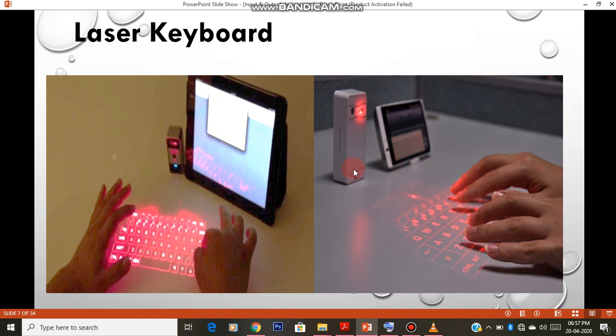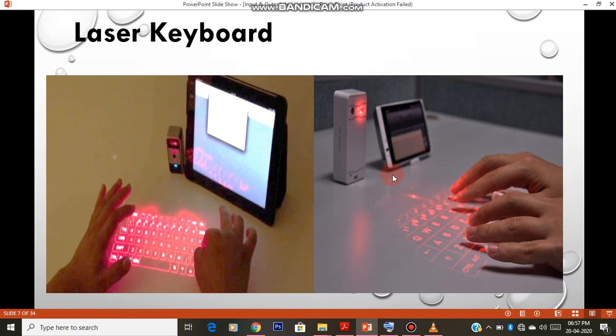See, this device should be connected, maybe through Bluetooth, to your small device like phones, tabs, even laptops. For anything, it can be connected. This device, which is kept here vertically, should be connected. Your screen may be small. You just imagine that you need to type something big on your phone itself. That creates a difficulty when you type on a small screen.